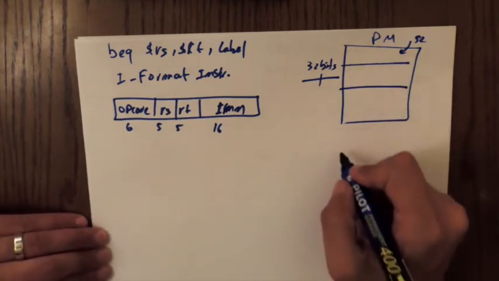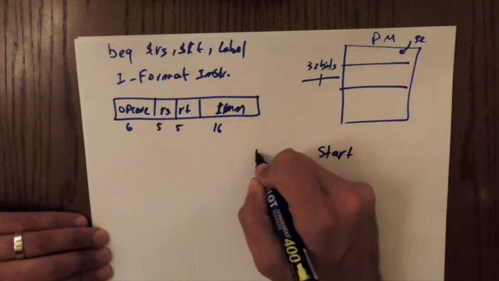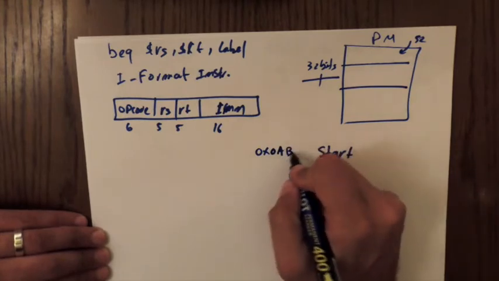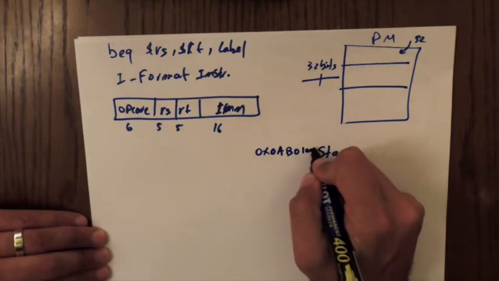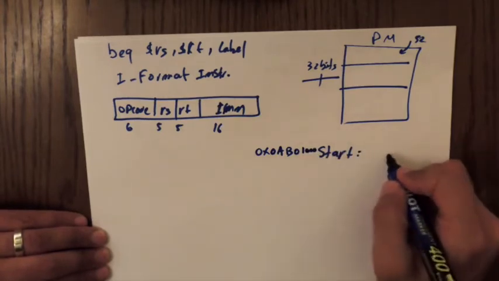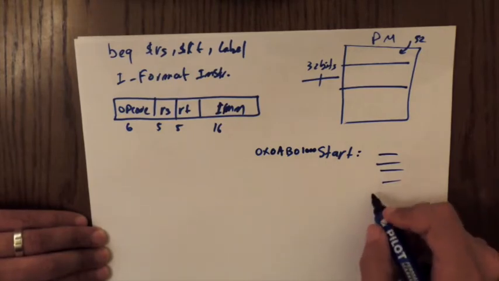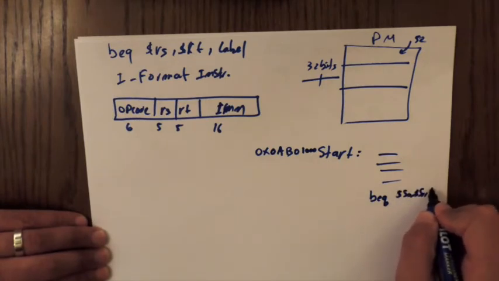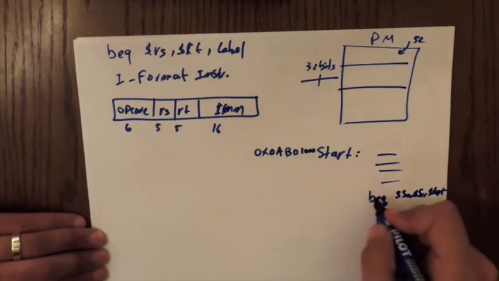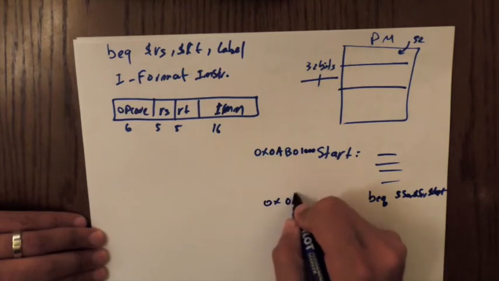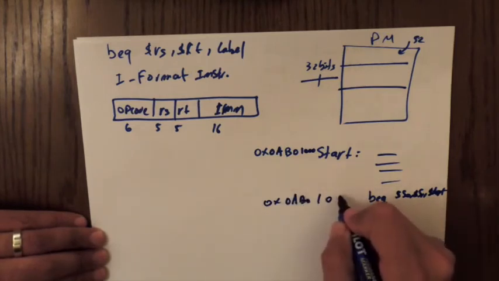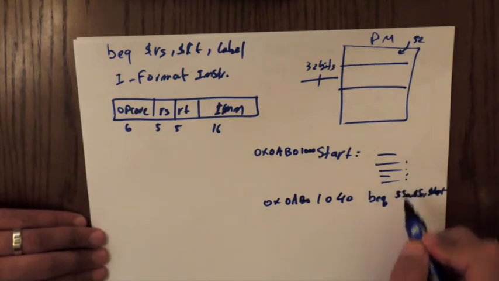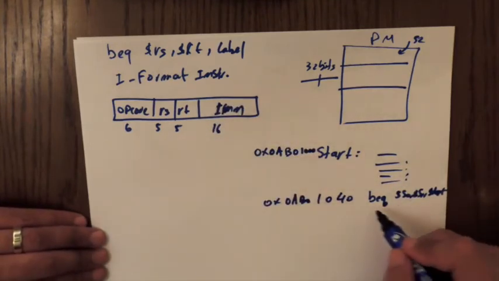So let's say start is here, this address 0x0AB01000. Okay, so this is the address of start. We have the instructions, and then let's say the branch on equal is here, beq $s0, $s1, start. So here, this address, assume it's going to be 0x0AB01040. So here we have many instructions between them, and I want to translate branch on equal